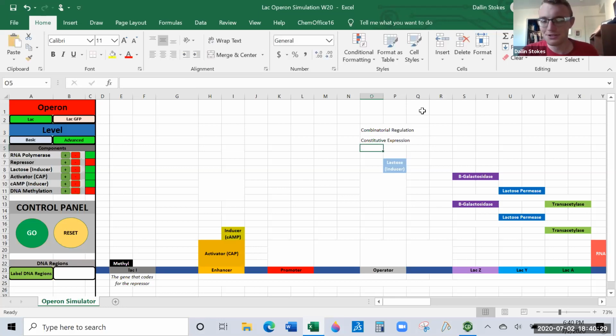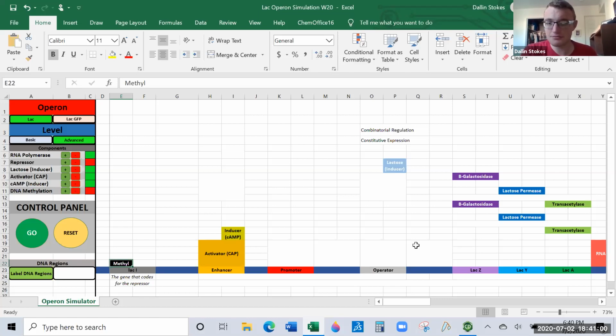What that means is these genes aren't regulated anymore. It's constantly activated. In this case, there's no repressor anymore because we methylated the Lac I, and so the Lac Operon would now be constitutively expressed because there's nothing to stop RNA polymerase from doing its job all the time, day and night, 24/7. With the Lac Operon, that's bad because we want to be able to turn this thing off. With other genes, that's okay.